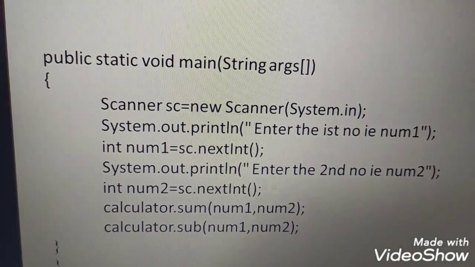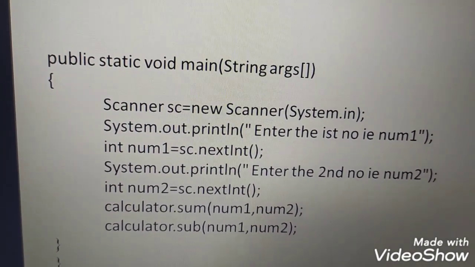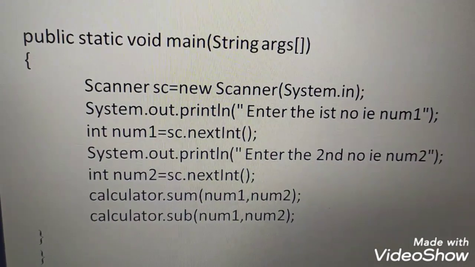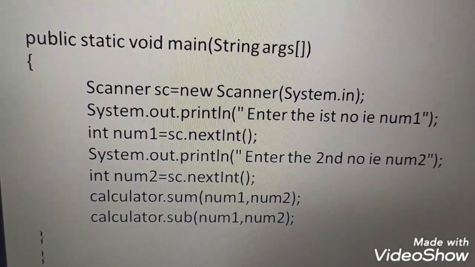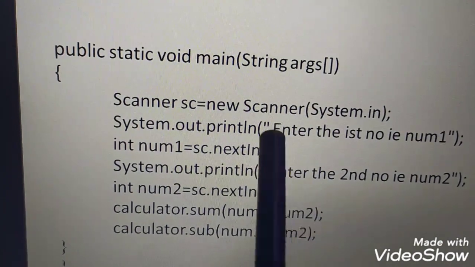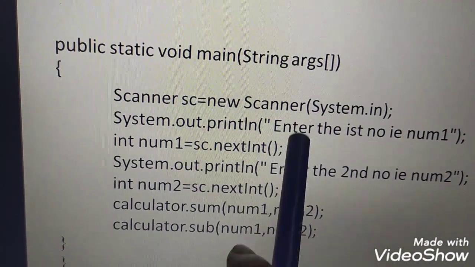Now the main method. In the main method we are writing some extra things, all of you see here. We define the Scanner class, then enter the first number num1. So int num1 is equal to sc.nextInt, all of you know it.